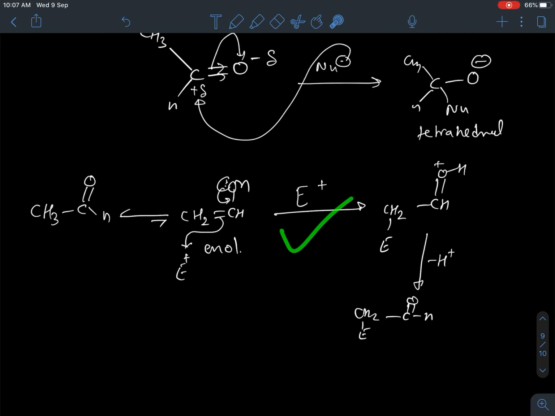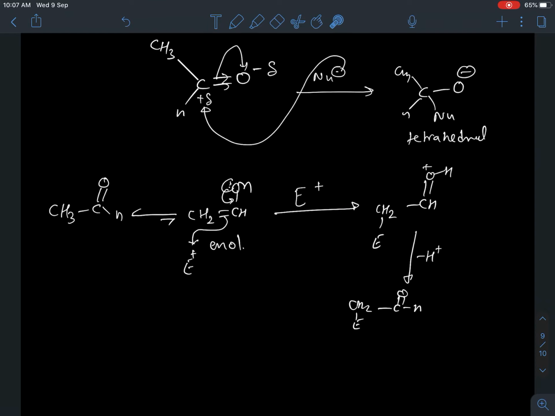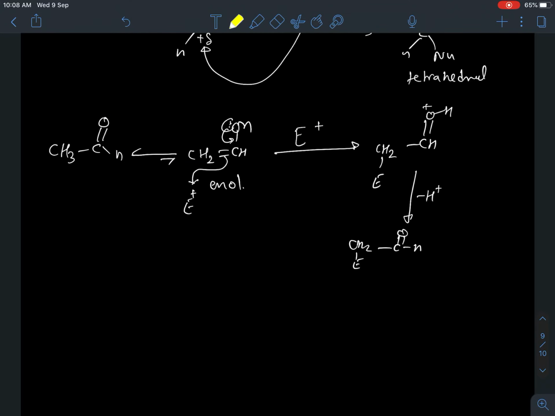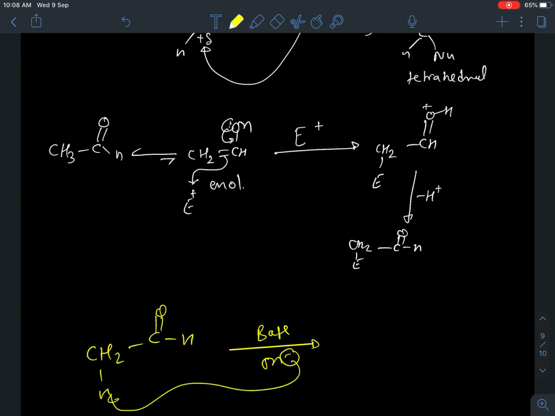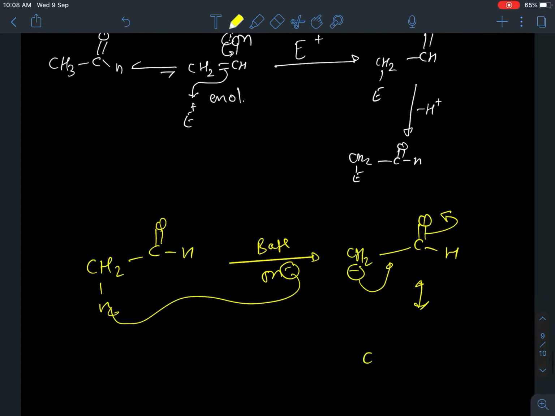One very important reaction that aldehyde and ketone give is the condensation reaction. So now what is a condensation reaction? Suppose you have some reasonable base in the solution. Now the base, like OH minus, can even take out this hydrogen, and the moment it takes the hydrogen, it will generate this CH2 negative, and it can once again undergo conjugation. So we are going to get this.